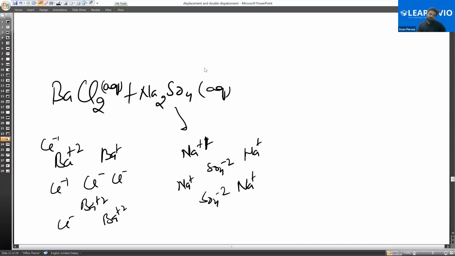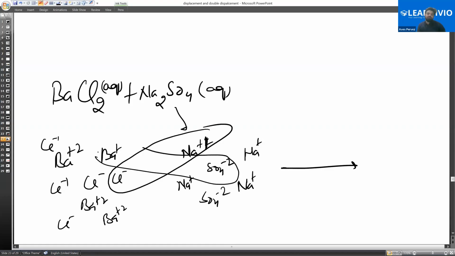So this is barium and this one is sodium. They are ions, but when they react together, sodium starts making a bond with chloride, right? And barium starts making a bond with sulfate. They are exchanging their ions. And they are making BaSO4 plus sodium chloride. And here when they make this one,